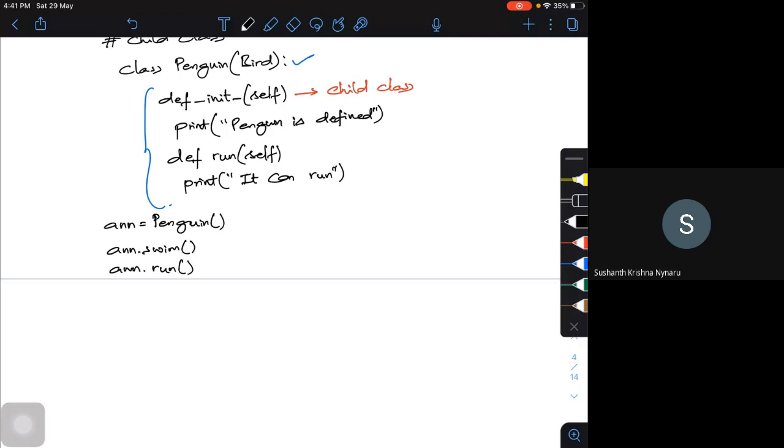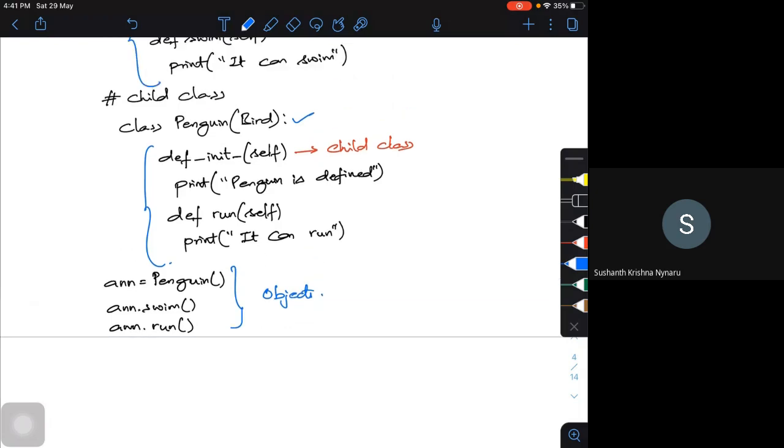See, these are some of the executable statements. In this case I'm trying to create some kind of object here, and I'm going to call penguin here. See what is going on. This will go here and I'm going to call this particular thing.